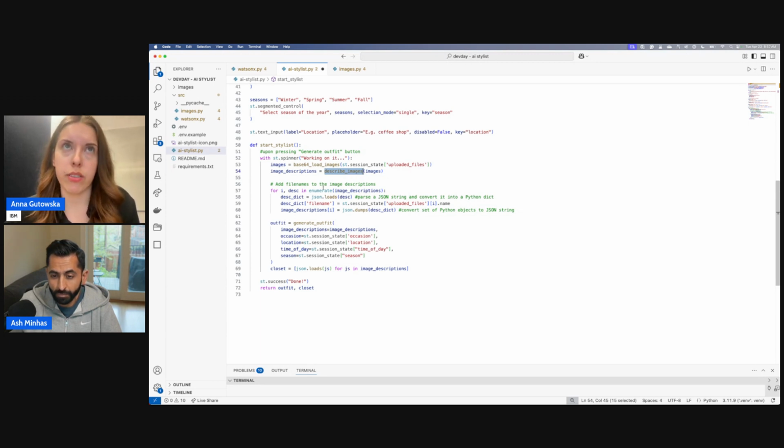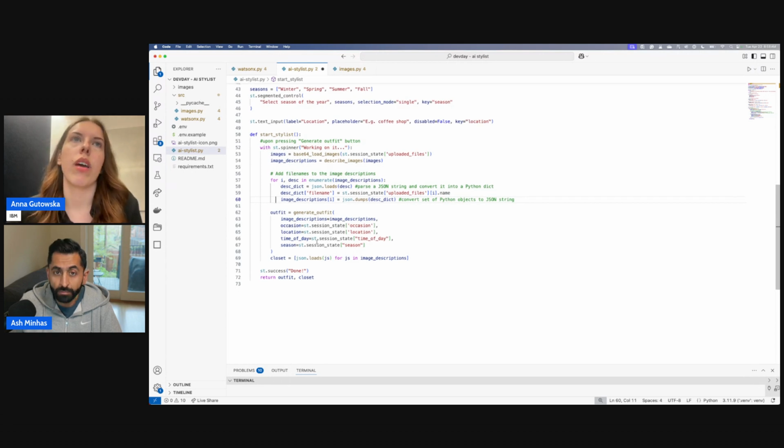Once we have those image descriptions, we can then enumerate them. And as we go, we can parse the JSON output and convert it into a Python dictionary, which we're doing in this step here. We're then extracting the file name from that output. And we're also converting all of this into a JSON string as well. So these are just formatting steps here. And then next, we're calling the generate outfit function. So this one takes in those image descriptions, the Streamlit input here, so the occasion, location, time of day, as well as the season. And then once we have that final outfit,